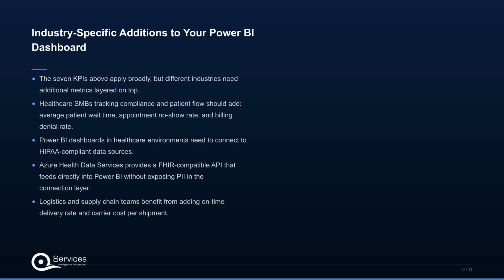Now, next up, industry-specific additions to your Power BI dashboard. The 7 KPIs above apply broadly, but different industries need additional metrics layered on top. Healthcare SMBs tracking compliance and patient flow should add average patient wait time, appointment no-show rate, and billing denial rate. Power BI dashboards in healthcare environments need to connect to HIPAA-compliant data sources. Azure Health Data Services provides a FHIR-compatible API that feeds directly into Power BI without exposing PII in the connection